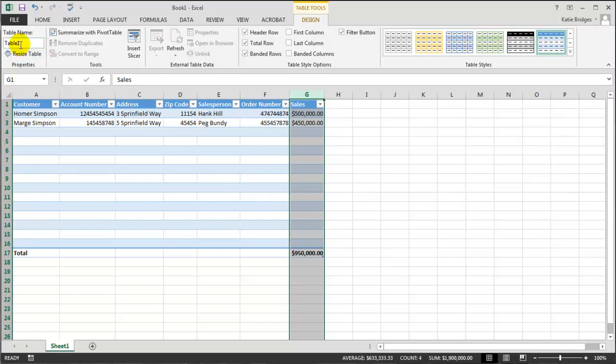Just like that, you can name it in your table name here. You can resize it. You can summarize it with a pivot table. You can insert a slicer. Now a slicer is a pretty cool tool, and we should be covering that in just a few, so I don't want to dive into that just yet. But anyway,